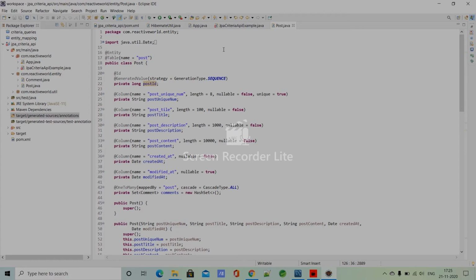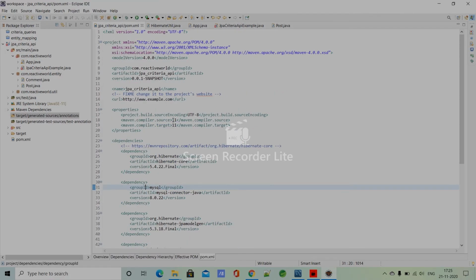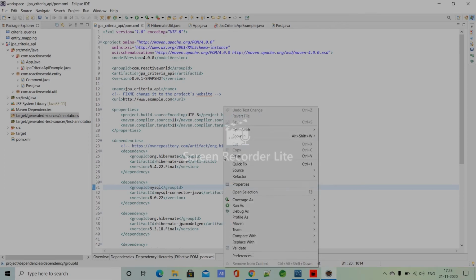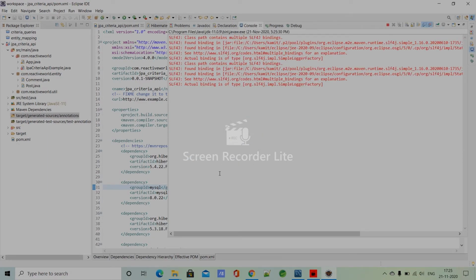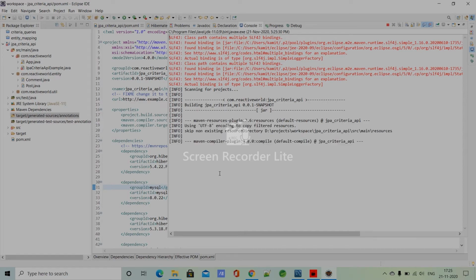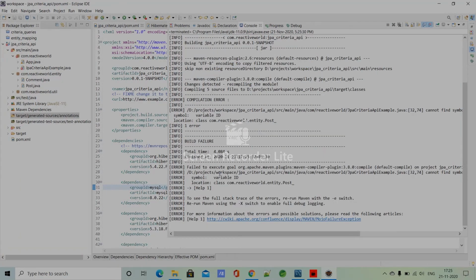Let me run maven install here. Here you are going to see an error: build failure.